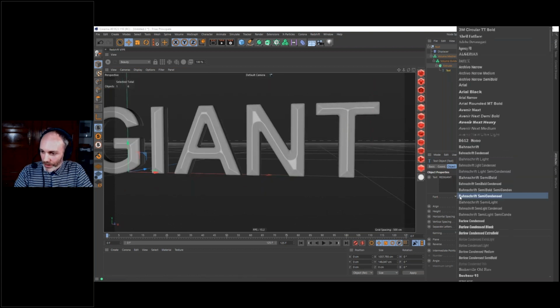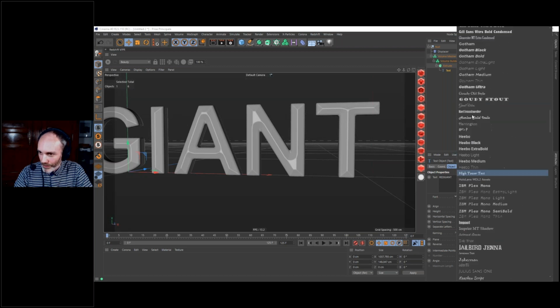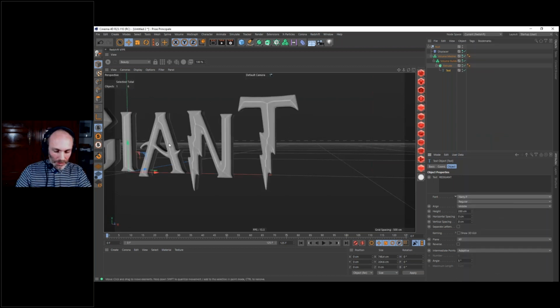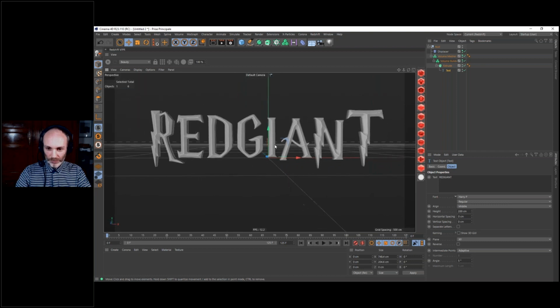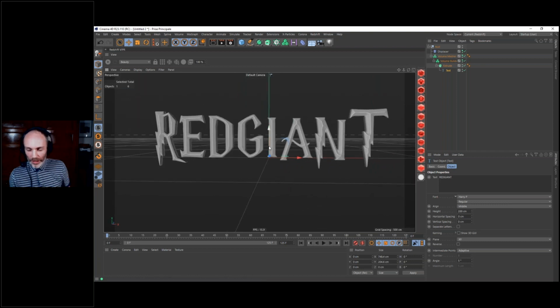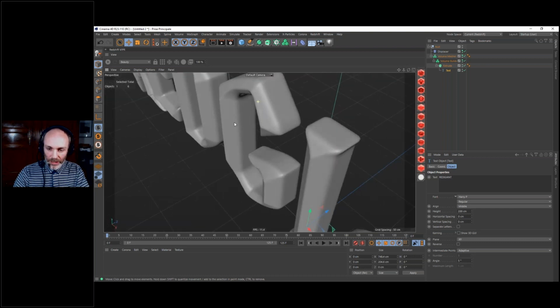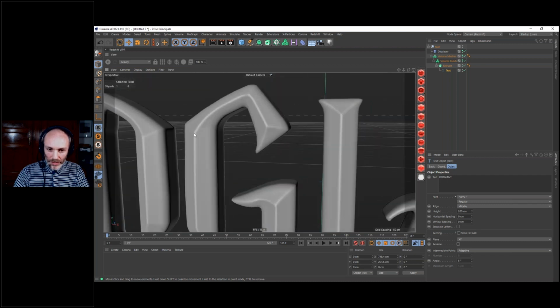Okay, so let's go back to our Harry Potter because I think that's just the mood of this title. And we have this very cool font. Okay, now what's interesting about that is we have some very nice geometry, very nice shading. You can see here it's not too sharp.